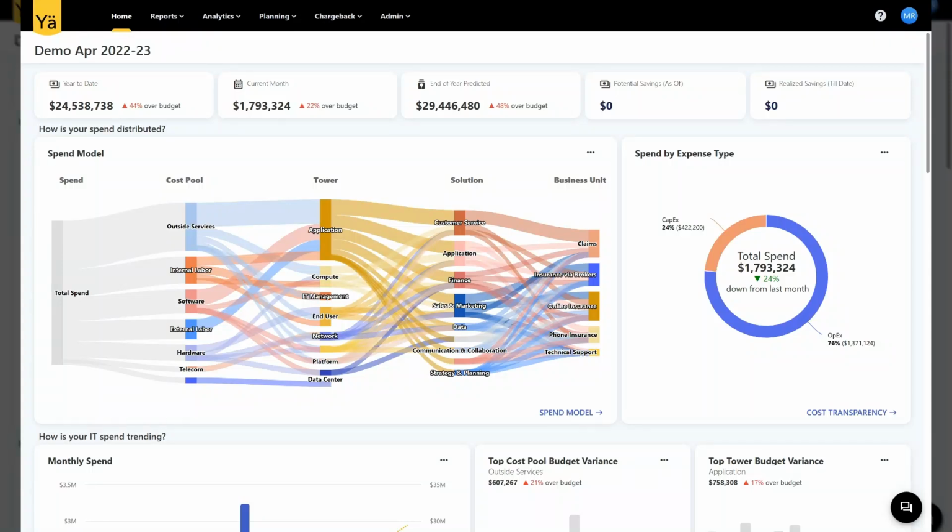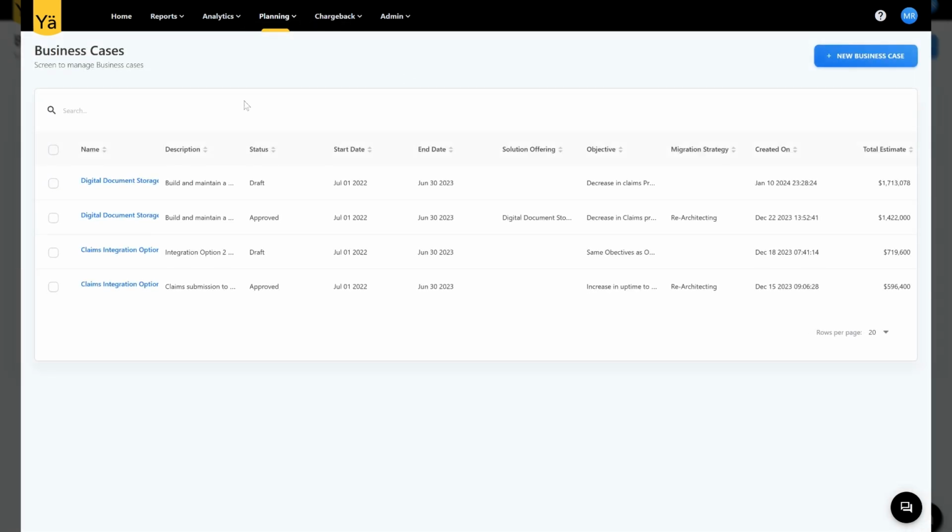Understanding business value is obviously critical for any FinOps platform. We have a couple areas in our system where we're supporting that. Let's start out with our business case capabilities. We can create business cases in our system to manage and plan out things like re-architecting a system or creating